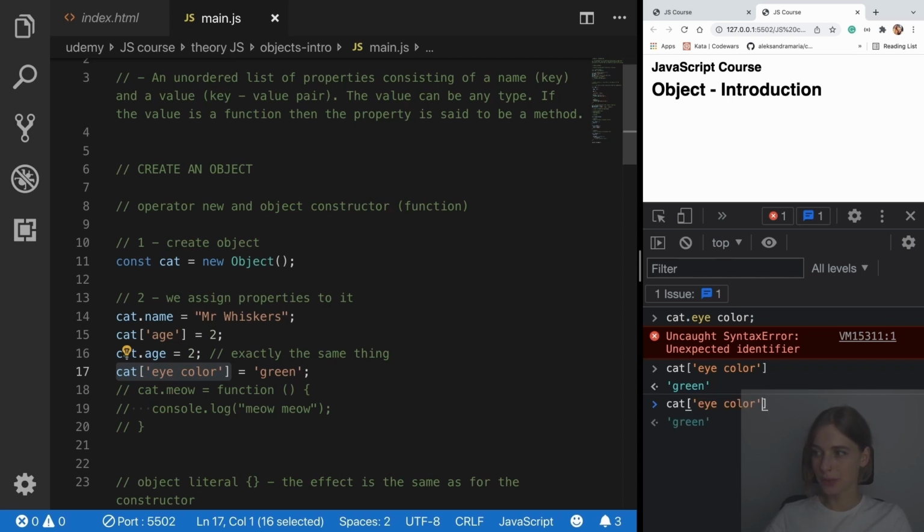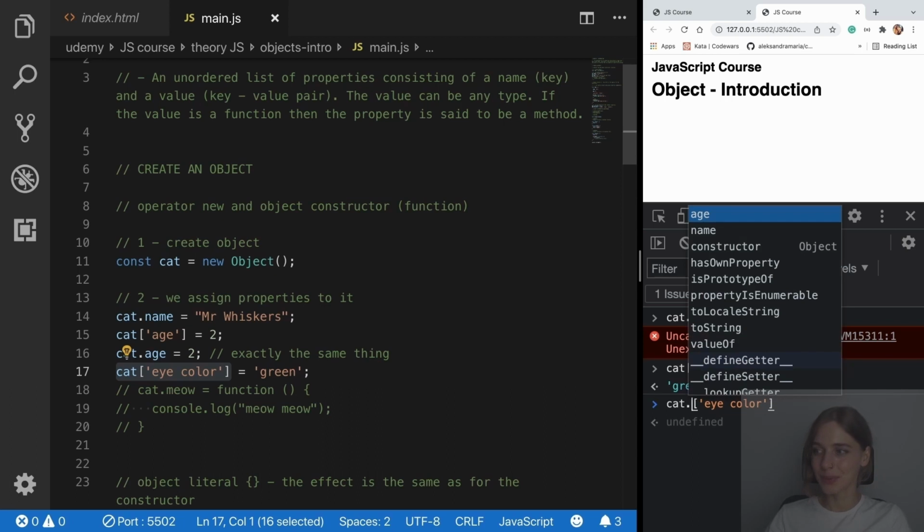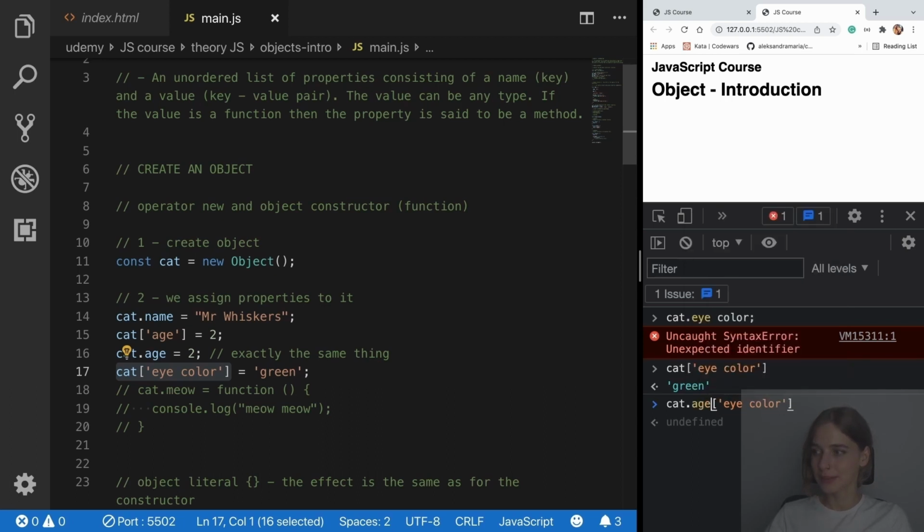People often get a little bit confused and they start with a dot and the square bracket, but we are